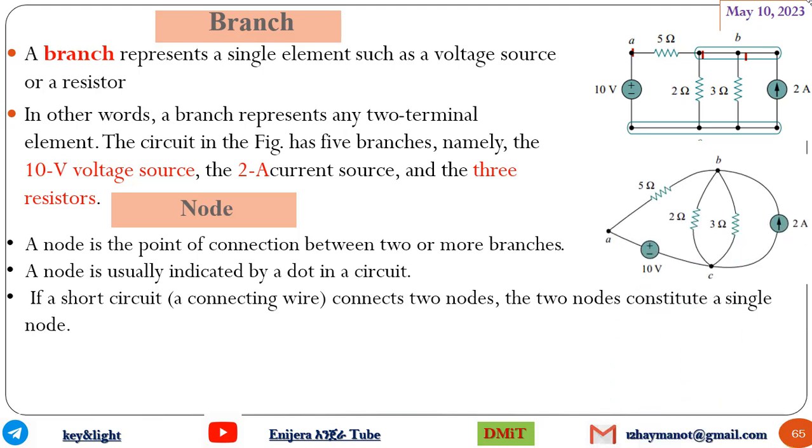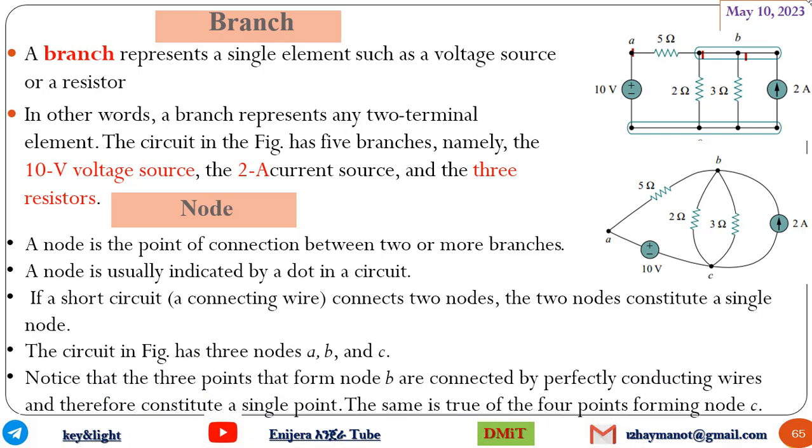Look at this one. Node A, node B, and node C. There are three nodes. So notice that the 3 points that form node B are connected by perfectly conducting wires and therefore constitute a